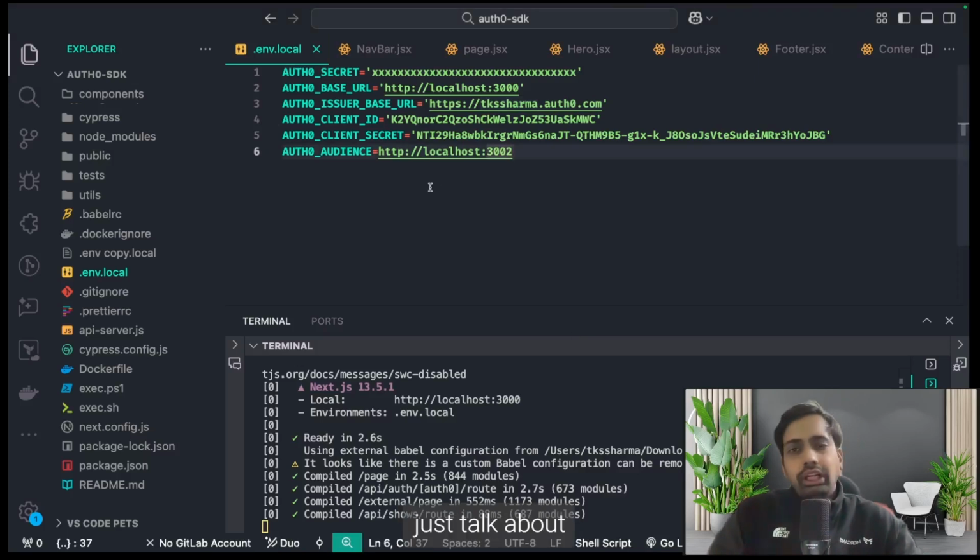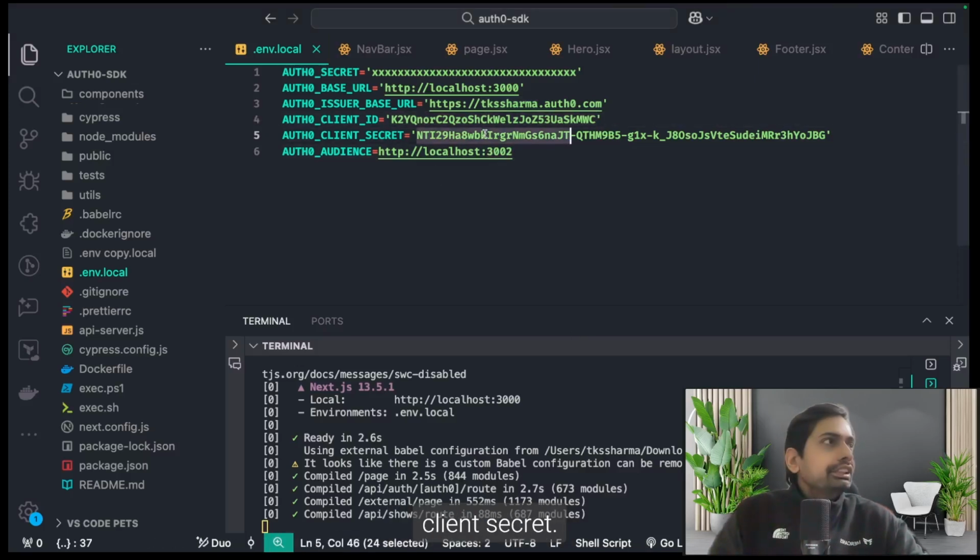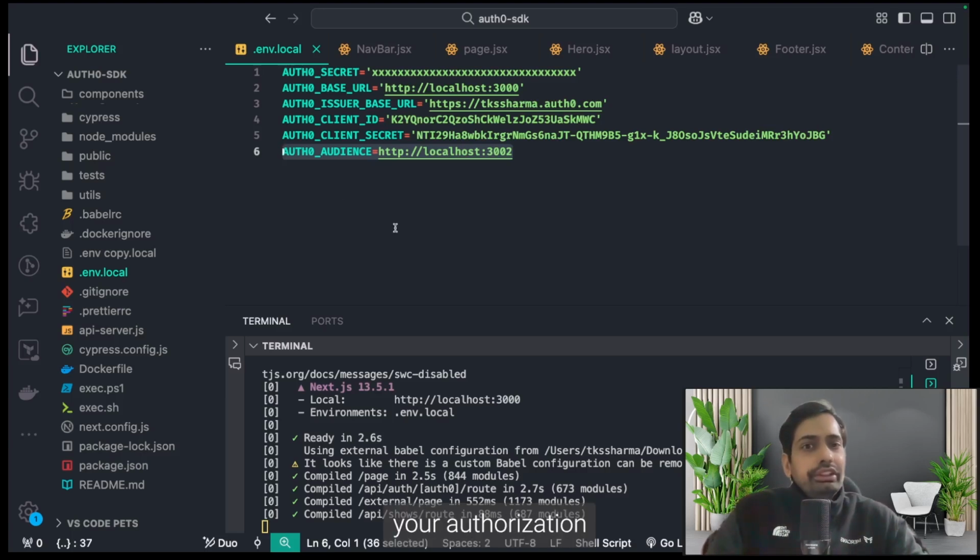First of all, I will just talk about the configuration. We need client ID, client secret. The base URL is the application base URL, which is localhost 3000, where this Nextjs application is working, and your issuer base URL and the audience. So these are two important. The audience is mostly optional, but if you want to put it, this audience is the API server against which you are going to validate your authorization token, which you are going to receive after